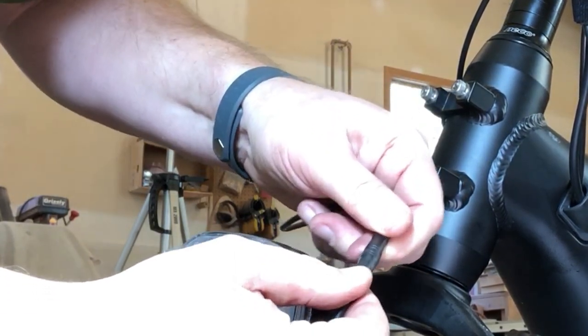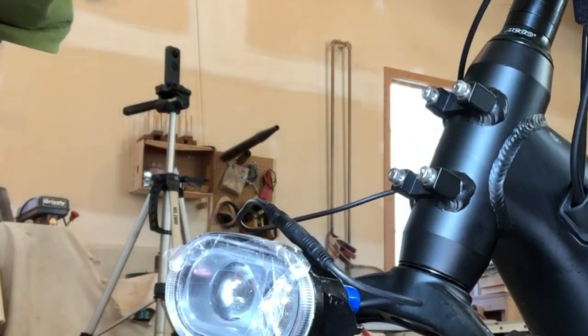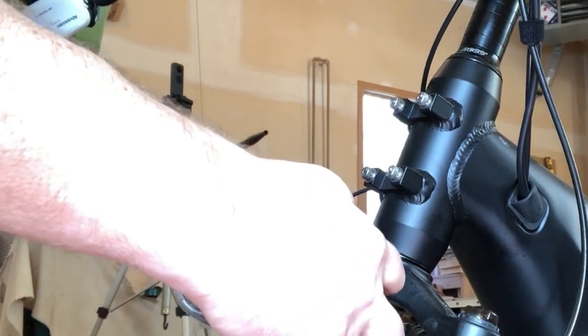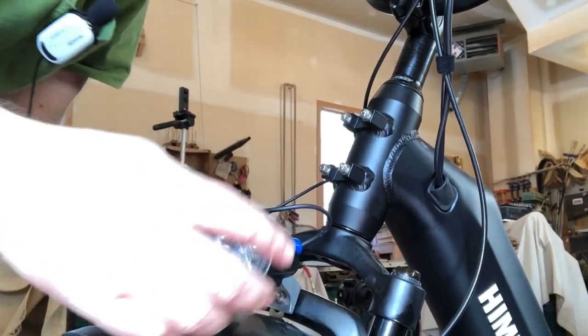And again, it's a tight fit. So that's something that you have to be careful of. And then you can peel